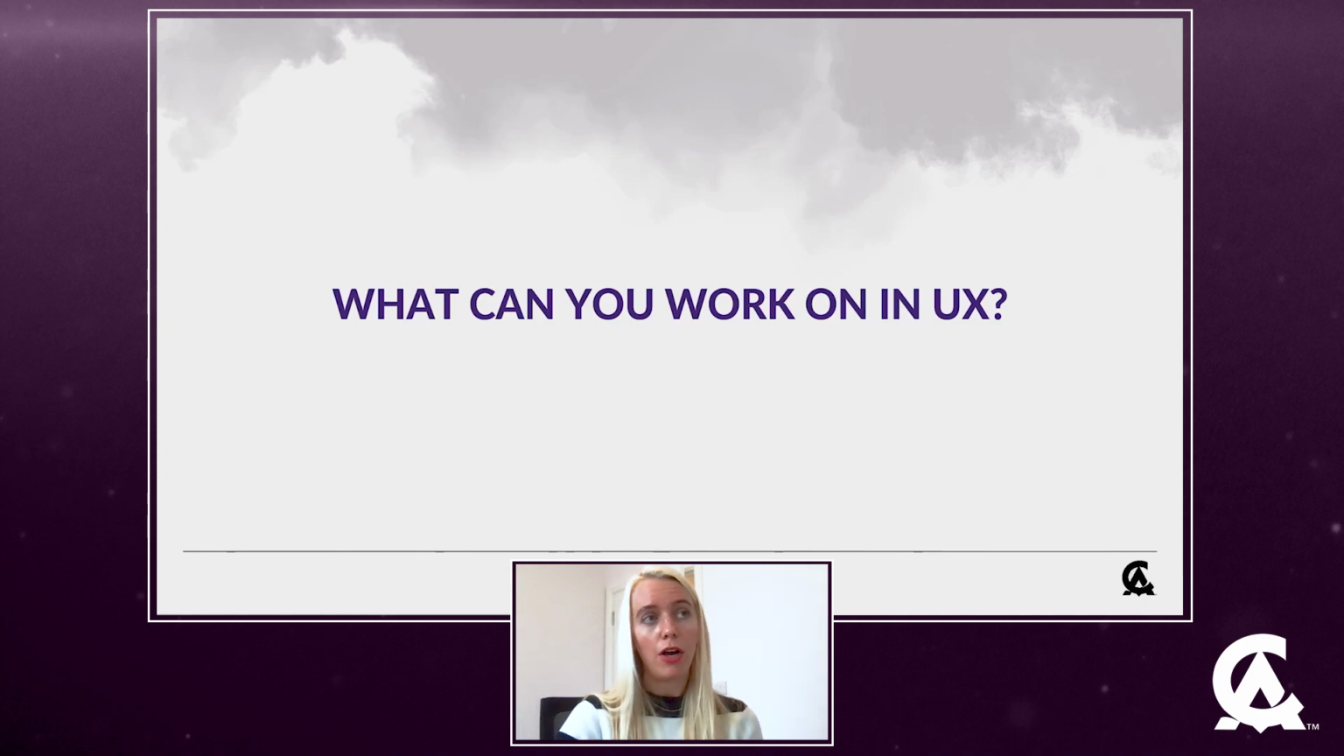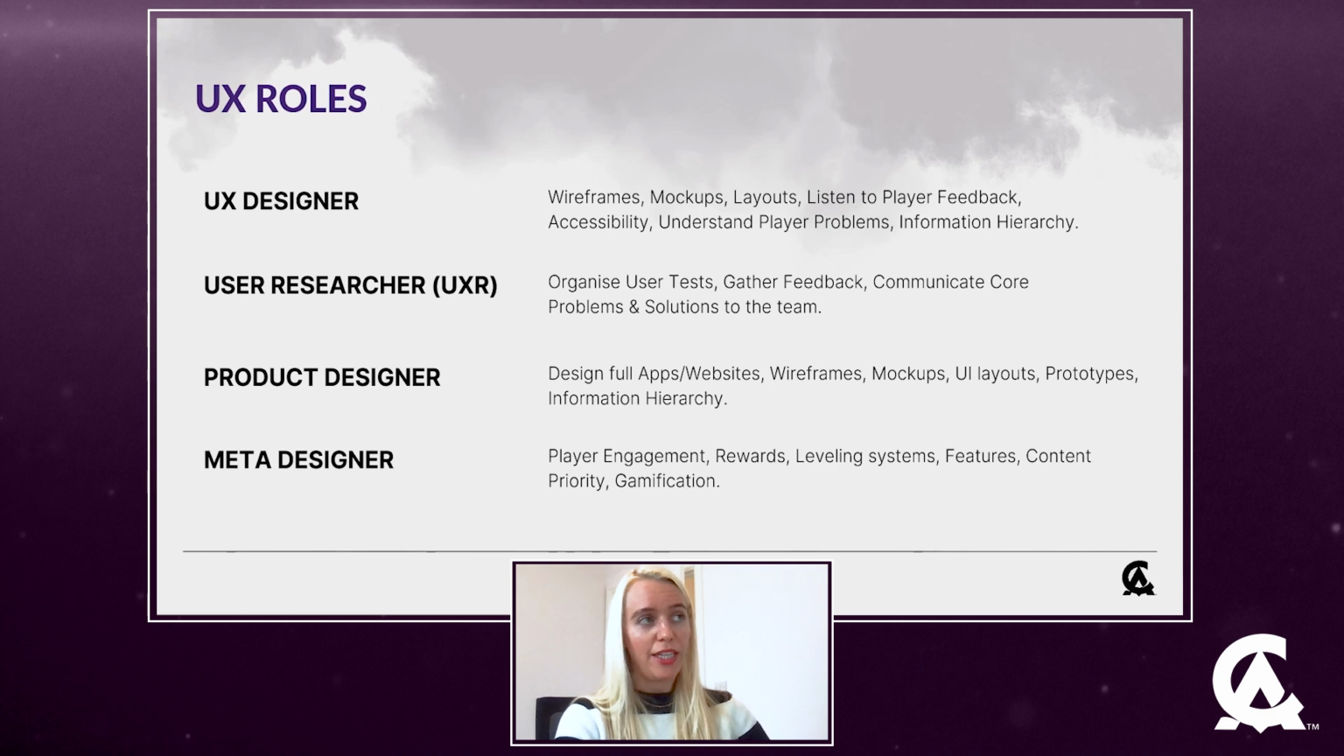So let's look a little bit at what you can actually work on in UX. We have some different roles here. For me, I'm a UX designer, so I'm doing a lot of wireframes and mockups and layouts and listening to feedback and that kind of stuff. But then we also have someone that's specific about talking to users, and they're called user researchers. And they organize playtests, they gather the feedback, and they communicate what they have seen people mention to us and the whole game project and the team,